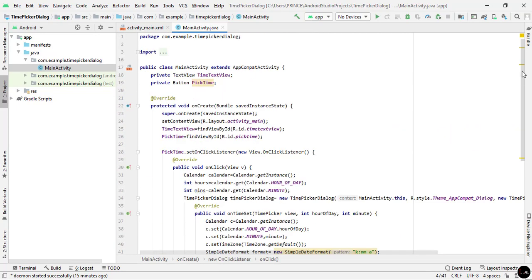So it is time to check our app. So I use debugging mode for checking my app. If you have a low system configuration, then I always prefer you use debugging mode. It is a better way for checking your app. If you want to know how to use debugging mode, I give the link of the video in the i button.